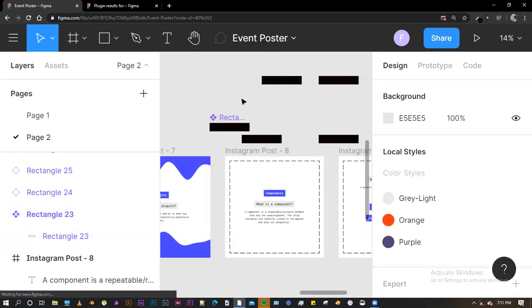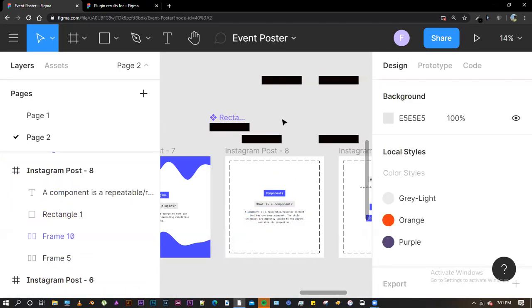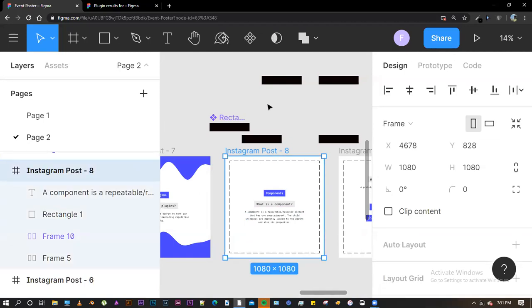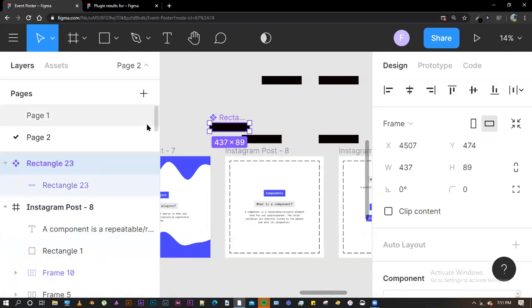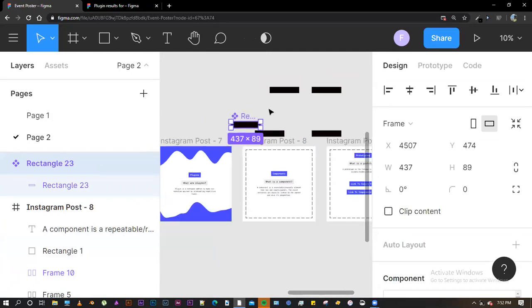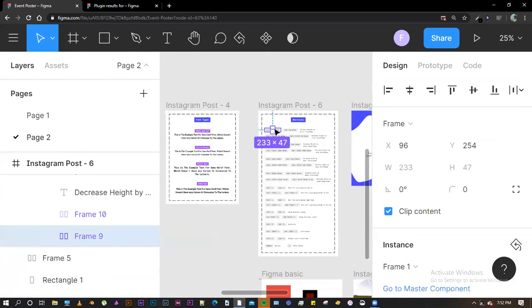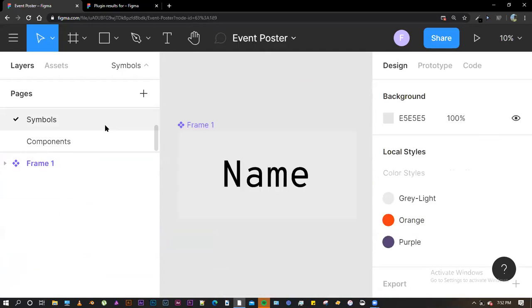So this is a very good convention to be used when you are creating a project for UI design, so that you have one source of truth or one kind of component, which is repeated across all your screens, so that if you edit anything here, it would automatically be edited on other screens as well. So I have created a component here, which is in the symbols panel, symbols page.